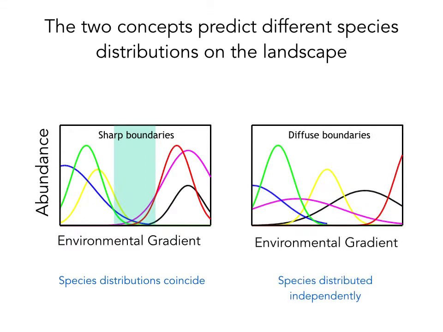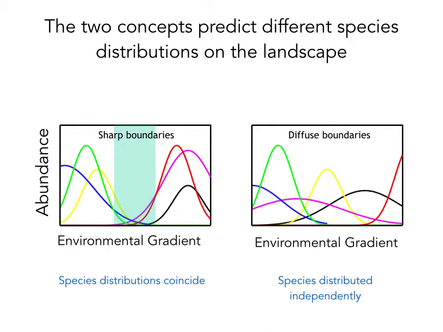On the other hand, Gleason, whose concept of the community was an individualistic concept, held that species should just have these chance associations and respond individualistically to environmental gradients, and therefore won't form discrete boundaries. If we were to graph his concept in this way, the species abundances along some environmental gradient, we can imagine a moisture gradient here, as we move from left to right, say from moist to dry,